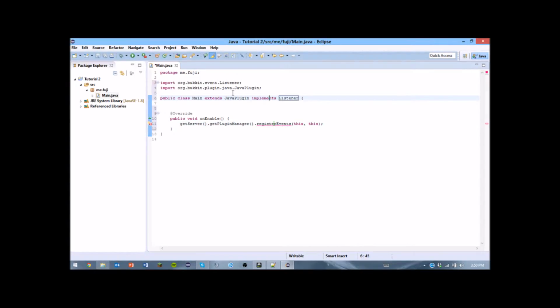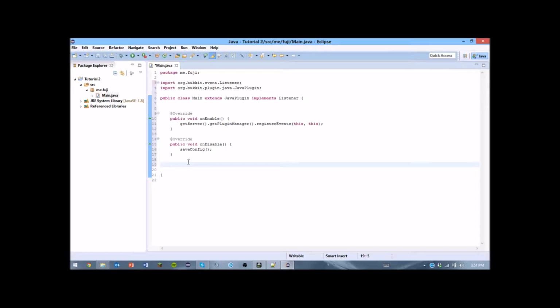Then down here, add another @Override, and then use the onDisable method to disable your plugin. And then just put saveConfig. We're not going to do anything with config though. Just put it there. Alright. So let's just start out with our first event handler. I think I'm going to do